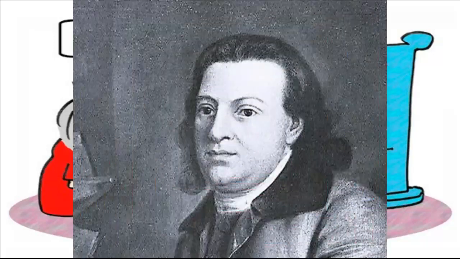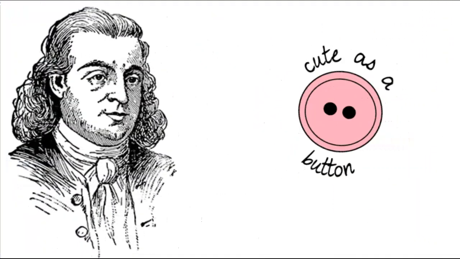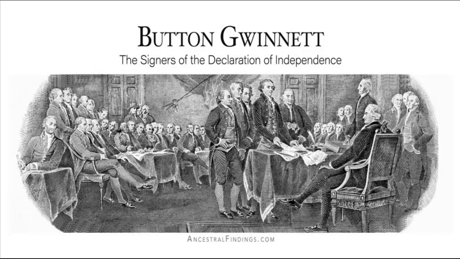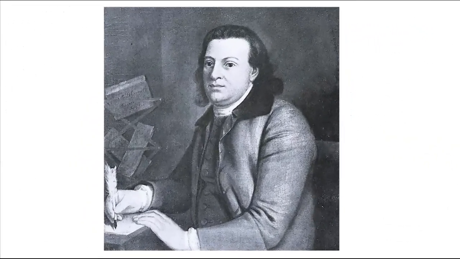Our first Georgia signer is Button Gwinnett. Gwinnett was a merchant and plantation owner. He was part of the political scene for a while, but some financial troubles caused him to withdraw from the public eye. He re-entered the political scene during the Revolutionary War, where he supported the colonies separating from England. He was called to serve in the Continental Congress. He was part of the creation of the Georgia Constitution of 1777, our very first state constitution.